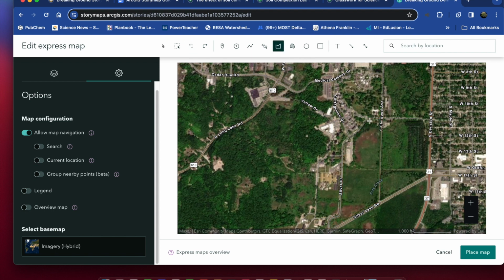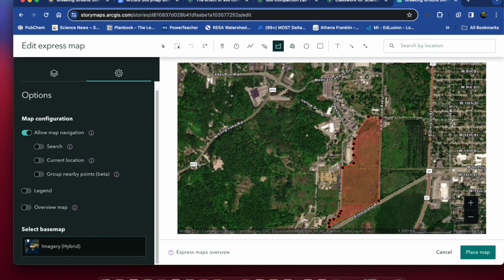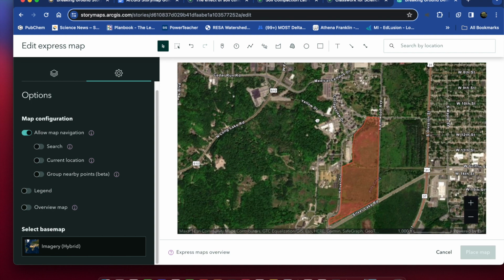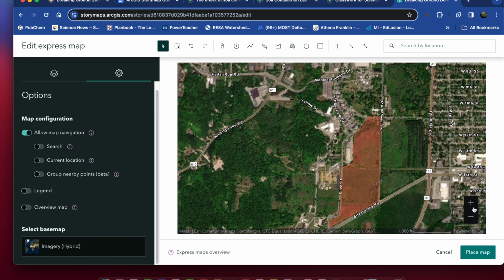I'm going to do my shape again, and this time I will try not to do this shape real quick, and I think I'll just take it to here. We'll go around the parking lot, follow this tree line here, and then close my shape there. Okay, so now I've created my shape of the other world, and when I want to move my map around,